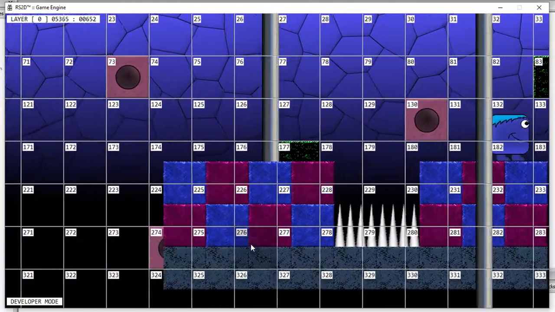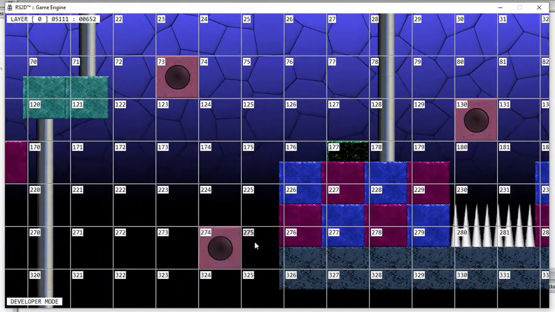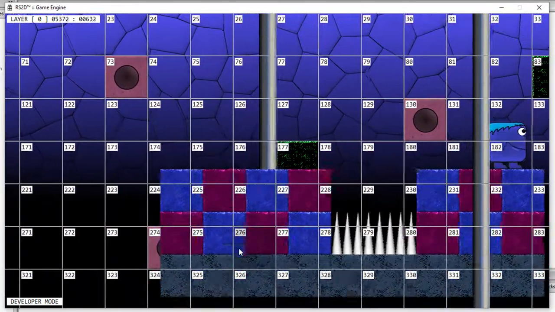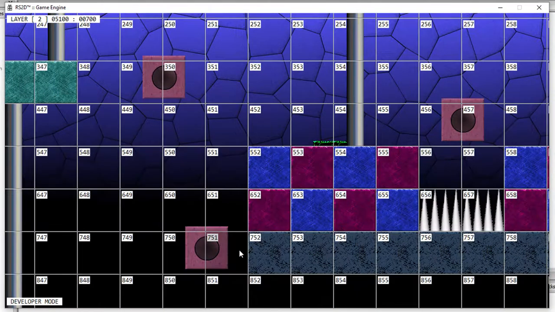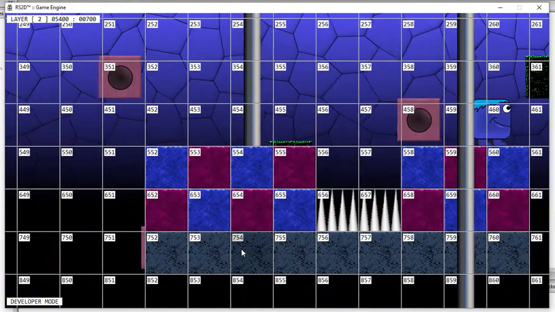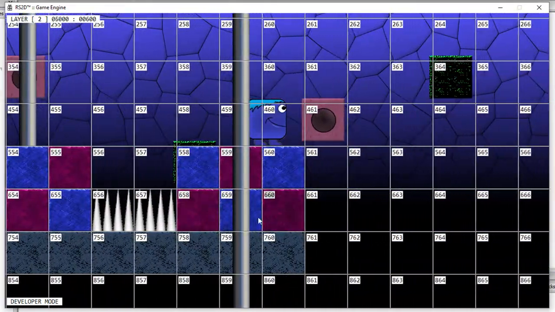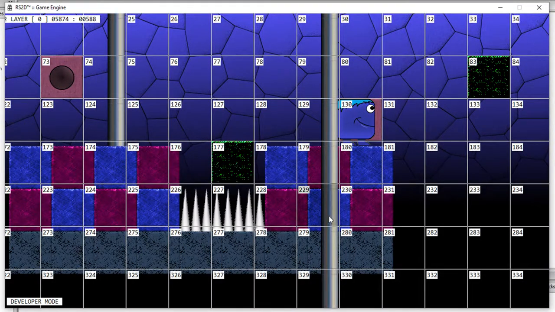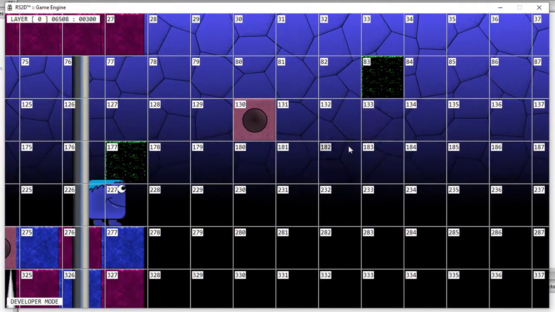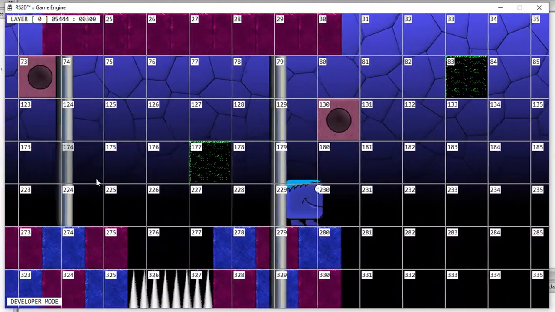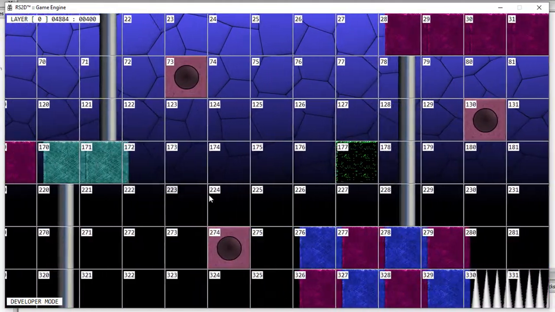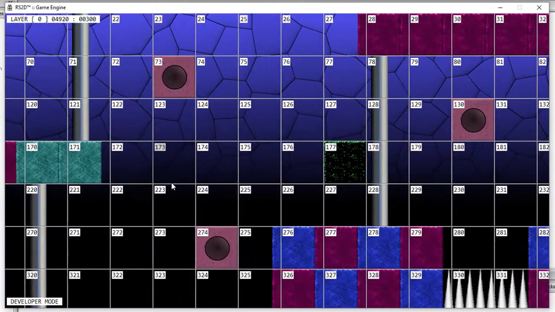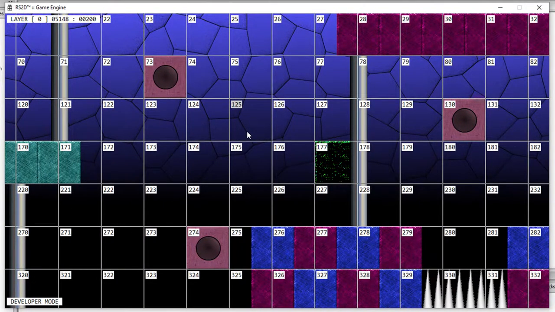You can see it doesn't really match up with the tiles on that grid. But if we were to switch to a different layer, like the main layer, then all of a sudden the tiles line up. That means we're editing this layer. And when we go back to the other layer, of course, we can edit these objects. And we can add an object just about anywhere to give the level a little bit more